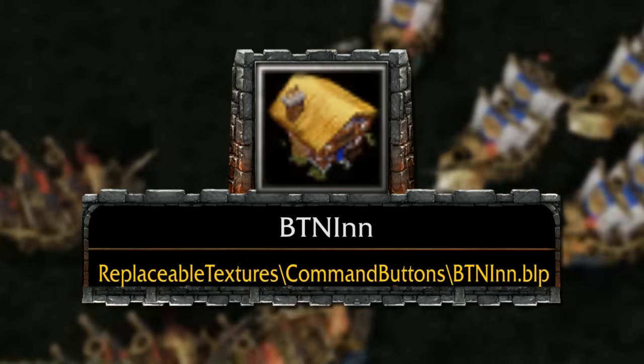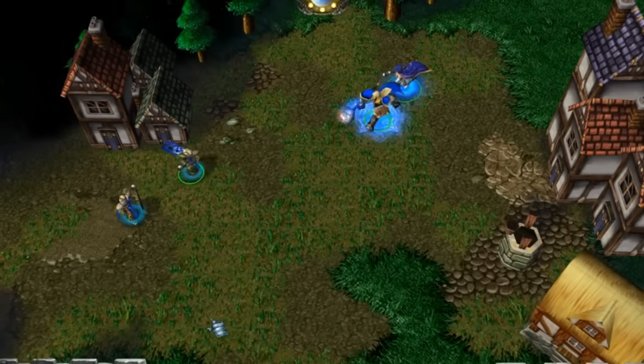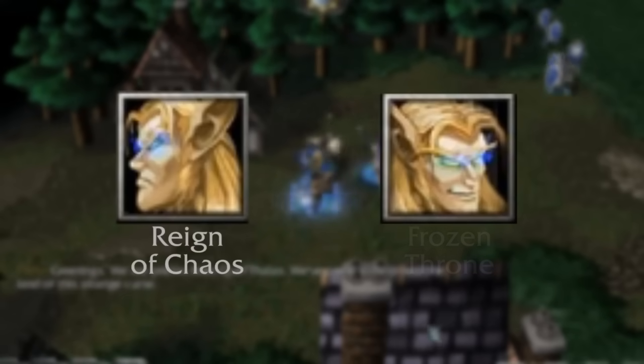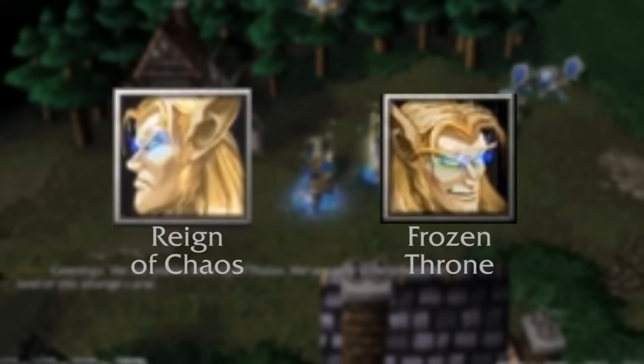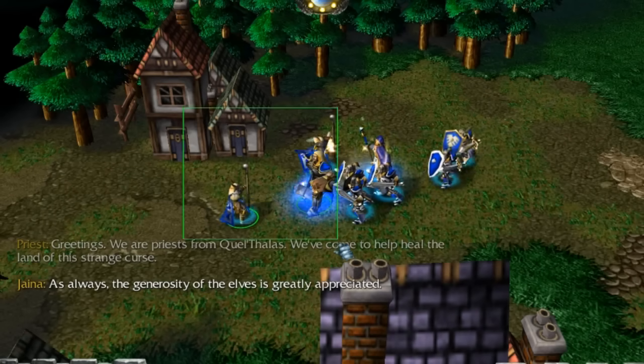ship itself. There's also an icon of some kind of inn. No matching model is found in the game though. If any of you remember way back to Reign of Chaos, priests used to have different icons that showed more of a side profile. I like this one better than the current one, and I have no idea why of all the units their icon was changed